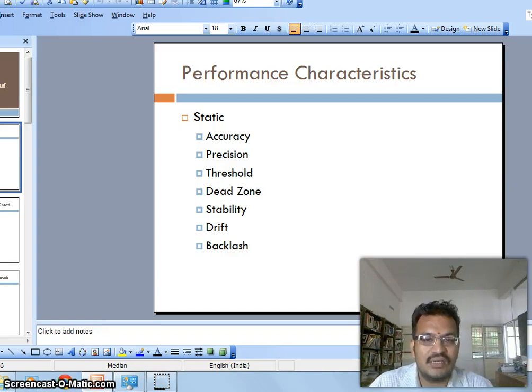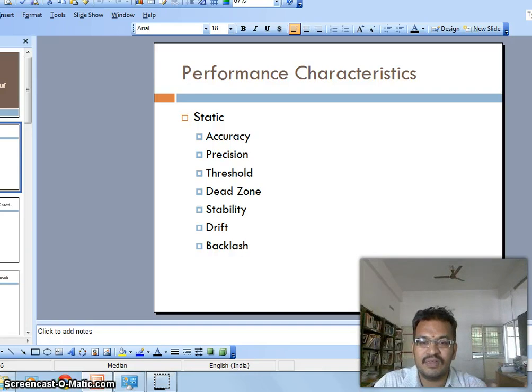The first one is accuracy. Accuracy, we know, is the closeness to the true value. Precision is the closeness among the readings. Threshold is the minimum value of the input to which the instrument will respond. That is called threshold. From this observation, we conclude that an instrument may have high accuracy but less precision, or high precision and less